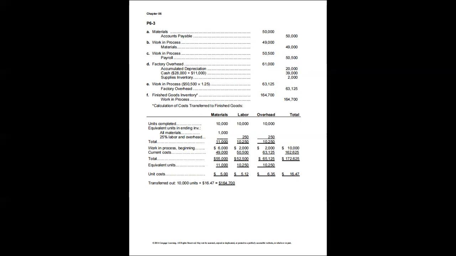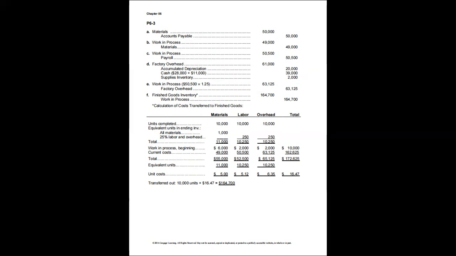D, debit factory overhead for the following. So the credits are accumulated depreciation, 20,000. We credit to cash for 28,000 and 11,000, so 39,000. And credit to supplies inventory for 2,000. All of these are debited to factory overhead. Then we now debit to work in process for